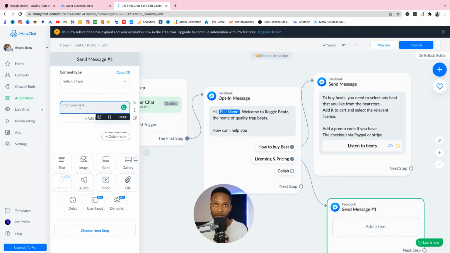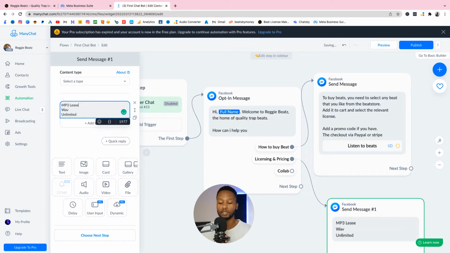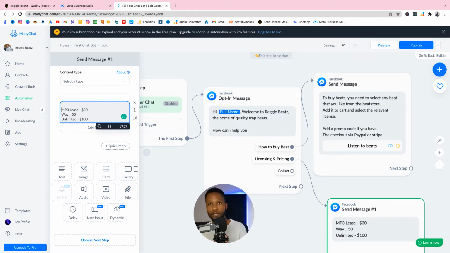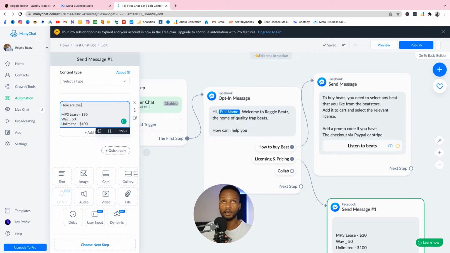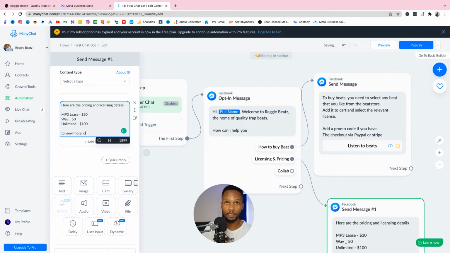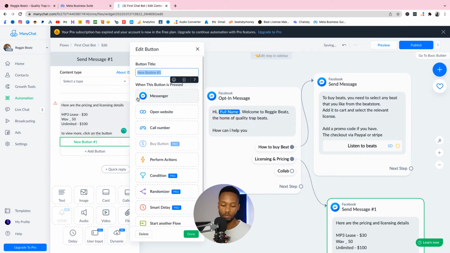Okay, now I'm gonna put in my pricing. Maybe I'll say MP3 lease, WAV, and then unlimited. And I'm gonna put the prices there. Let's say $30. Then I'm gonna put the price there, $50. And the price which is like $100. Then I can just make it make sense and say here are the pricing and licensing details. You see, then I'm gonna say to view more, click on the button. So I'm gonna click here and say view more, see more,